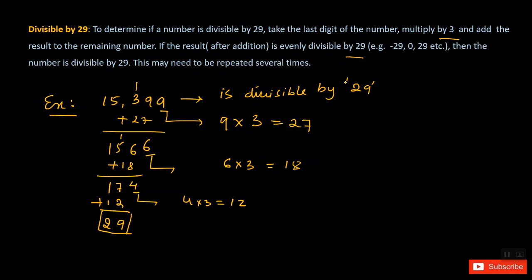Alright. So let me tell you one thing: to check whether the given number is divisible by whatever number they are asking you about, the one universal way is to do the long division. But if the numbers are very large, it will take a longer time with long division compared to this. So this is easier than doing the long division. You may get mixed up with those, because here we have to follow a similar pattern. Taking the last digit, multiply by, just remember the divisibility rule for the number you are checking. Remember which number you should multiply the last digit by and repeat the steps, right? So that makes it easiest.